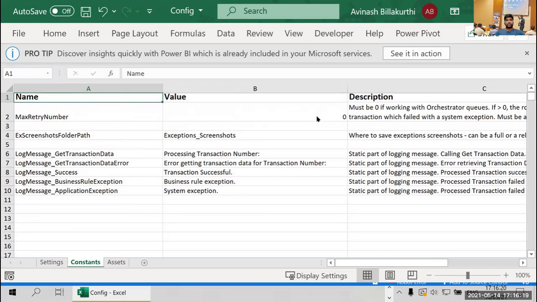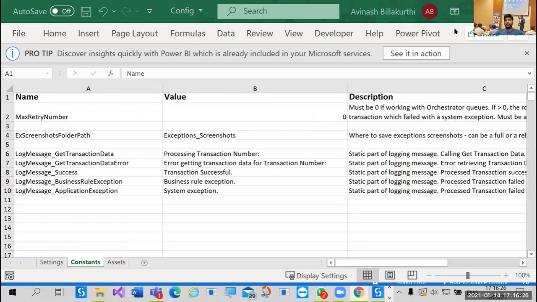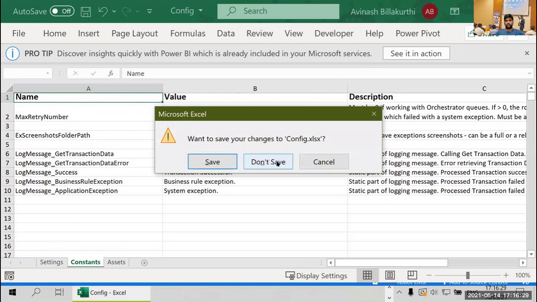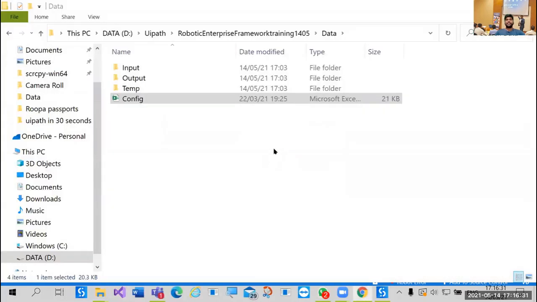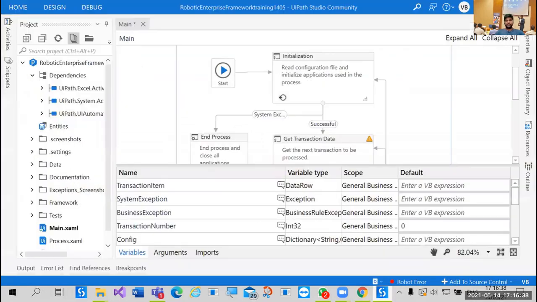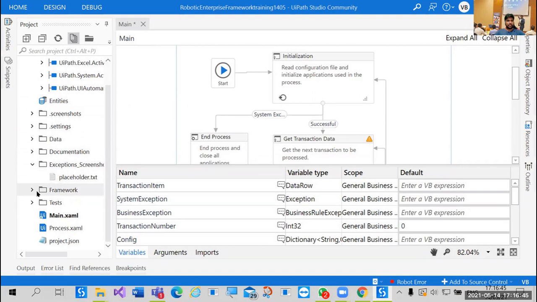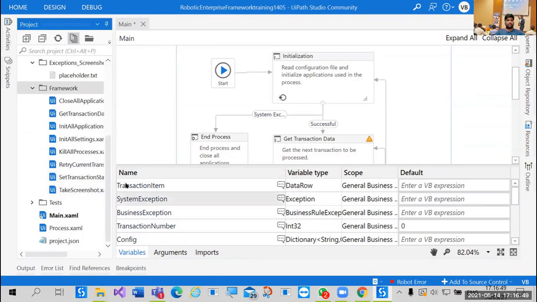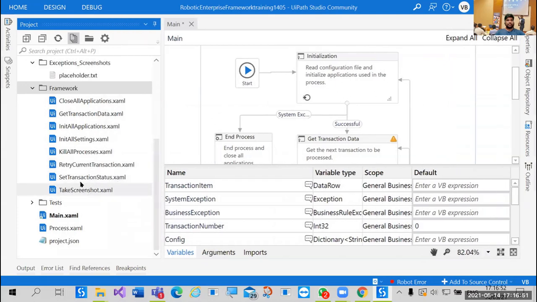This will be executed in case of transaction items other than queue items. If there is no queue item, only then this will be executed. And the code is available in this particular project file called the framework. You also need to understand the different files available in the project and how you can use them.